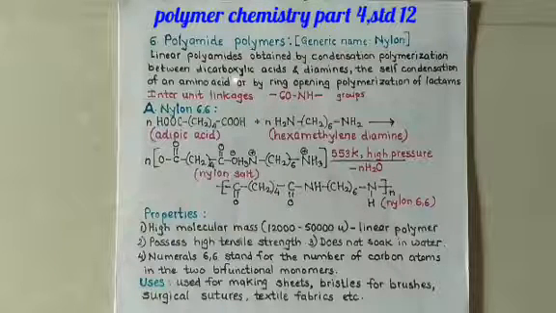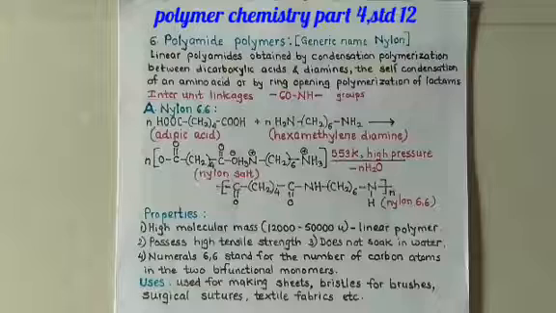They can form polymers between these two, or by self-condensation of amino acids, or by ring opening polymerization of the lactam. So, nylons are the linear polyamides obtained by condensation polymerization between dicarboxylic acids and diamines, by the self-condensation of amino acids, or by ring opening polymerization of lactams. Linkages which are placed in between are CONH, which is a peptide linkage, an amide linkage, therefore it is also called the polyamide polymers.